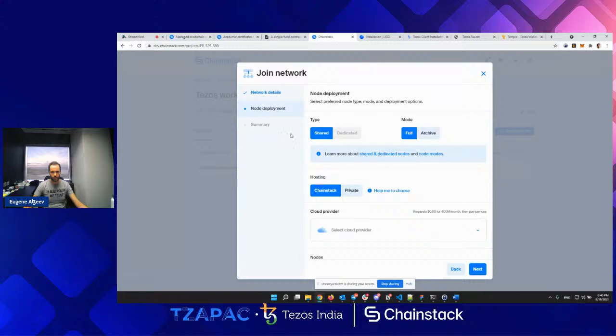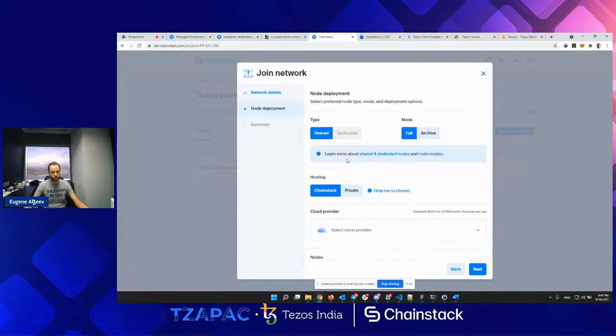What's also cool, you can use your private hosting. Basically, the idea is that you can deploy your own dedicated nodes in your private environment and run them under your own account. So that, let's say you have a trading bot or something like that, you can host your own node in your private cloud environment, and we will manage it for you.